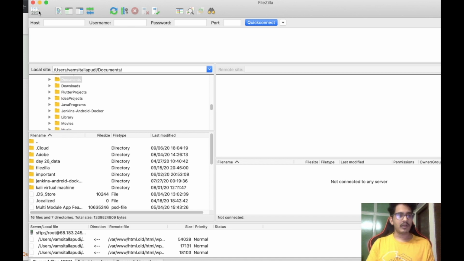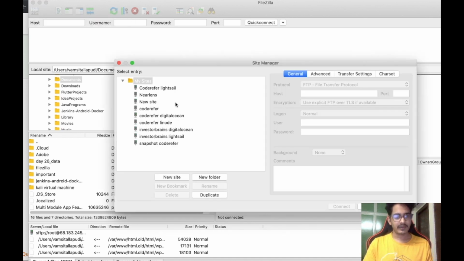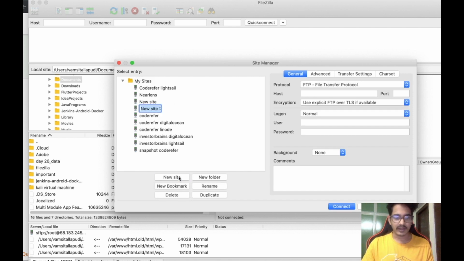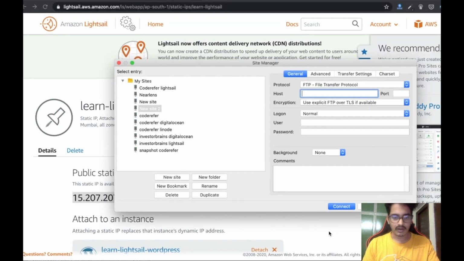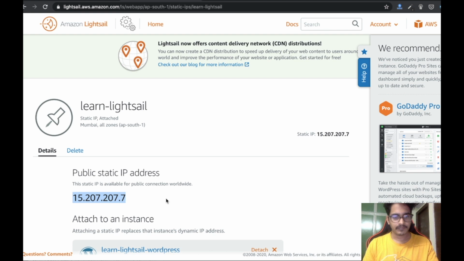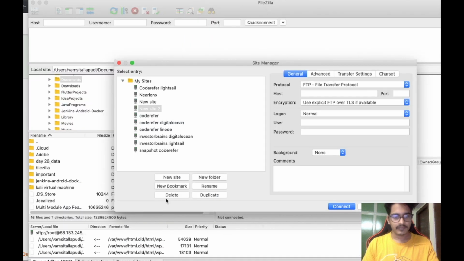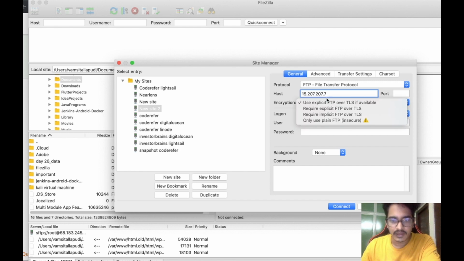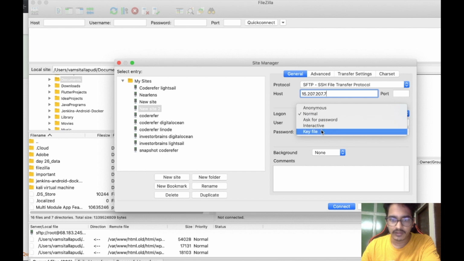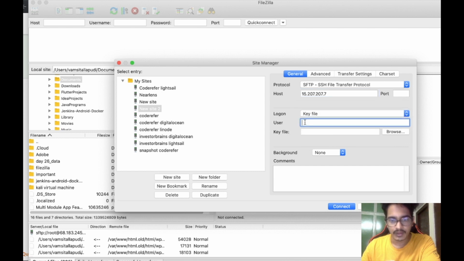Next we will click on this icon, the site manager, and add a new site. Here we'll give our IP address. Let's quickly copy our IP address, go back, and paste. Let's change this to SFTP, and logon type is key file, and the user will be bitnami.